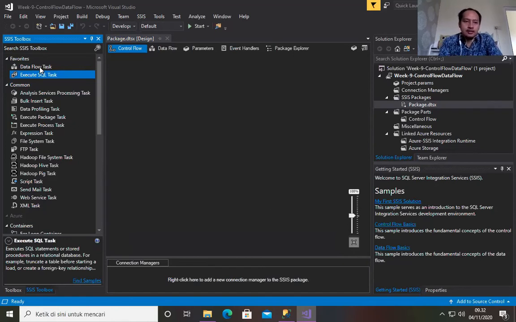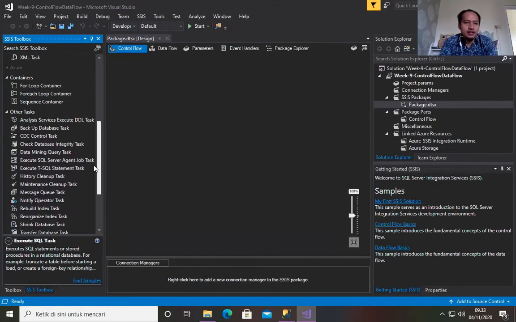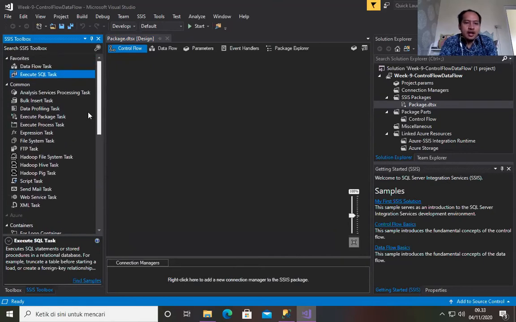And then we also have many other types of tasks here, so many tasks that we can use in this SSDT 2017. Each of these tasks will have a unique or special functionality.